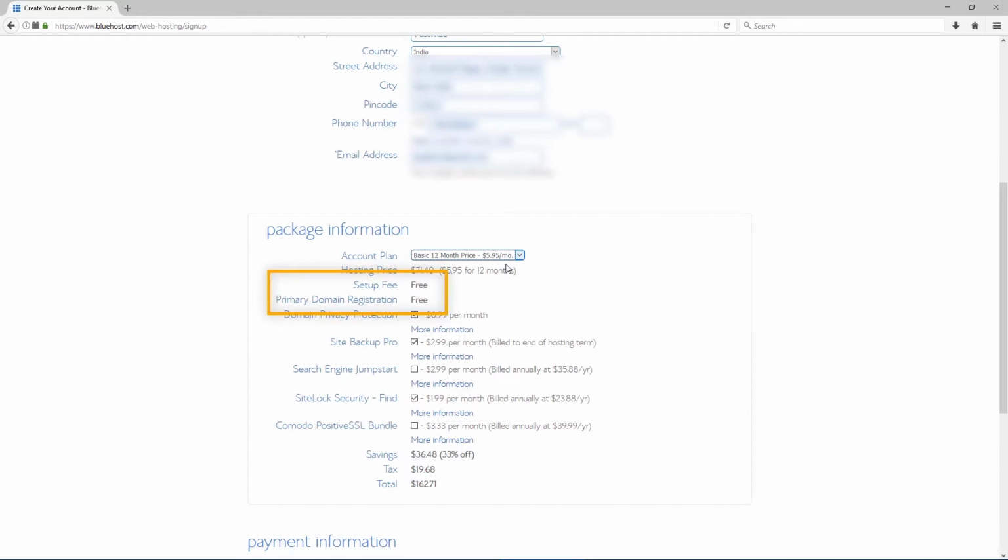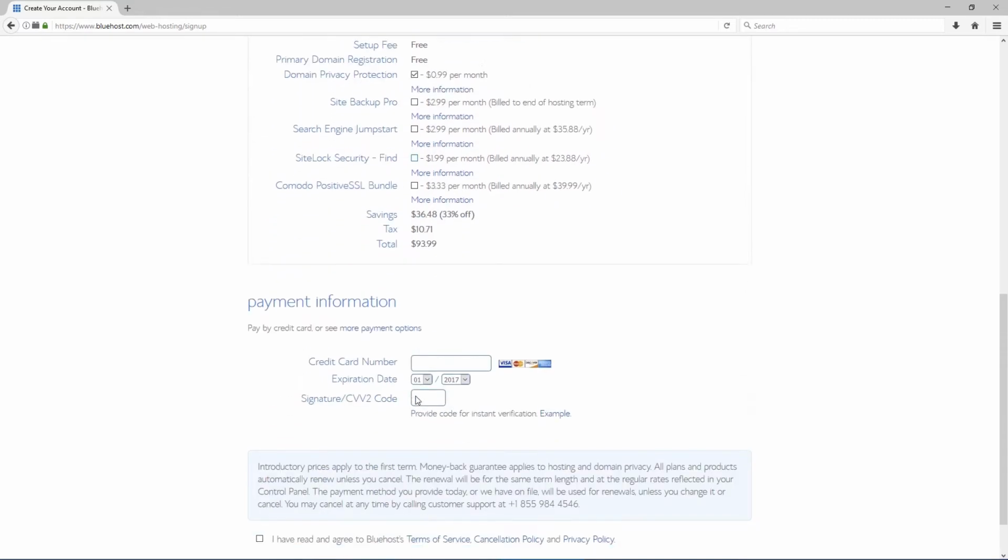The setup and domain are both free. Make sure domain privacy protection is checked so that all of your private information remains hidden. However, I would recommend keeping Site Backup Pro, Search Engine Jumpstart, and Site Lock Security all unchecked. I'll be showing you how to get all of their functions for free through WordPress plugins later on in this tutorial. Below that, you'll fill in your payment information,